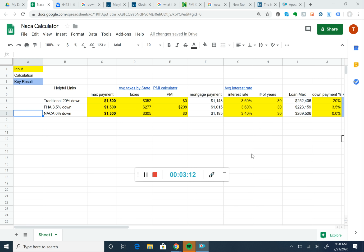But at least I want you to understand how the numbers relate to each other, and you can do a lot of the work on your own, and that actually equips you to be better informed when you're talking to these professionals, people that can help you, whether it be a NACA person or a mortgage broker or a real estate agent, or even your spouse or someone else, when you're trying to make these types of decisions. I want you to be able to do the math yourself, and going into it, based on how all these numbers relate,